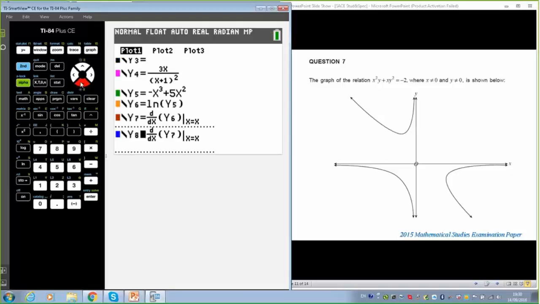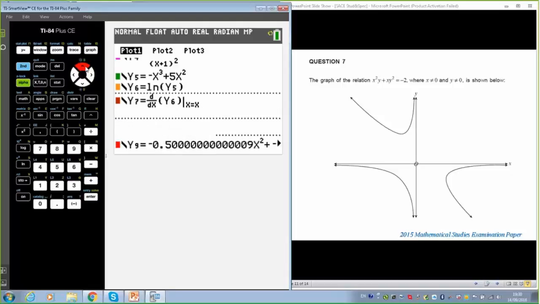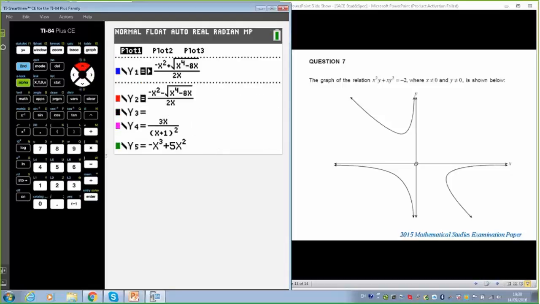I'm just going to turn my other one off down here, which is the quadratic that I did a minute ago. I'm just going to turn that one off by pressing enter on the equals. But yeah, those 2 there. Now, would our students do this in the exam? I don't know. I think some students may, some students won't. But in the explanation of the implicit, and when we're doing past exam questions, a very nice one to get them to think about. And nothing wrong with getting our students to solve that for y anyway. But if we can now, and I'll leave these colours as separate, we could make them the same colour, so we just see one line, but I'll keep them as separate.